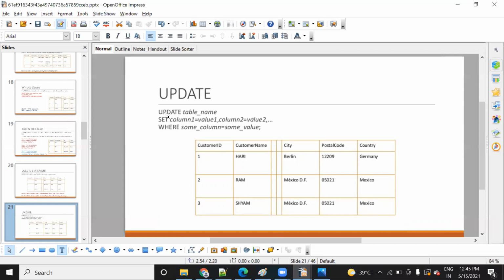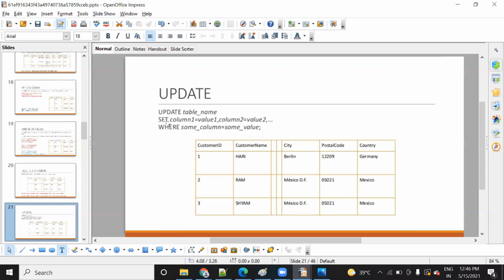So here the syntax is: update table name customer, set the column name you want to change, suppose customer name, equal to the new value. You want to change Hari to Hariharan.